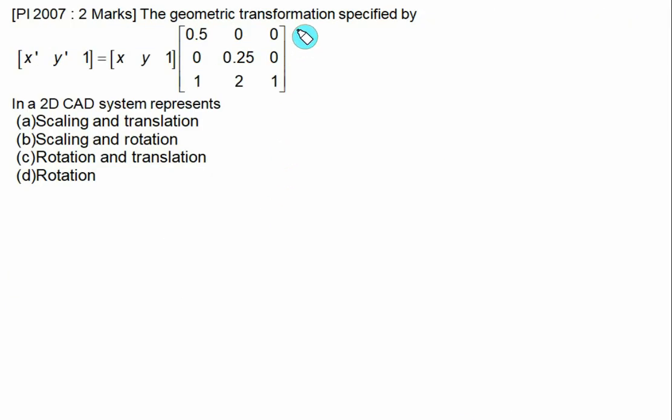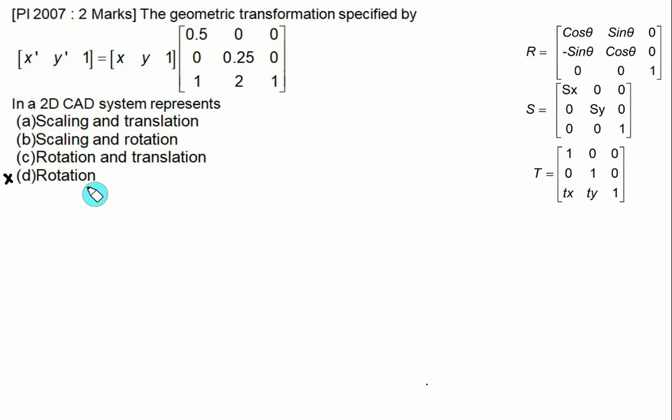The geometric transformation specified by x prime, y prime, 1 equal to x, y, 1 multiplied by the matrix 0.5, 0, 0; 0, 2, 0; 1, 2, 1, in a 2D CAD system represents a scaling and translation. So this geometric transformation is a product of scaling and translation, or scaling and rotation, or rotation and translation, or pure rotation. Pure rotation is not possible, because in the case of pure rotation, this term is 0 as well as